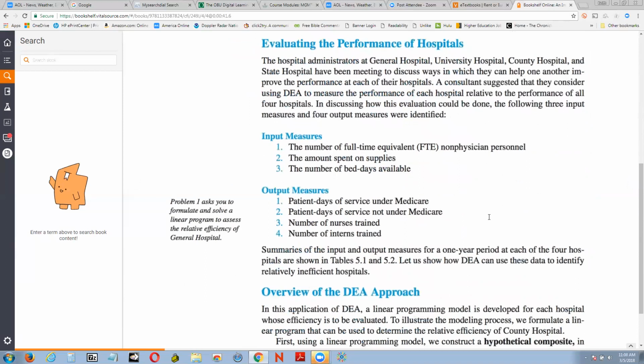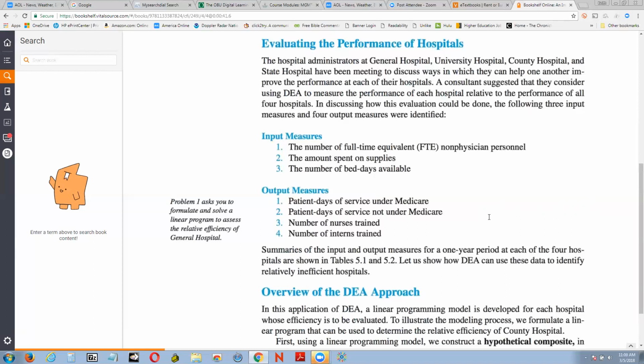Now this works on the assumption that systems like a set of hospitals that are all united, or franchises that are all under the same brand, whatever, that they should act the same. If you owned a franchise, the people who have that franchise, especially the larger or well-established ones, have a particular way everything is done because they know what it takes to be successful, and so they have everything programmed out. Now, in these hospitals, they've got some input measures and some output measures, and they're starting here,